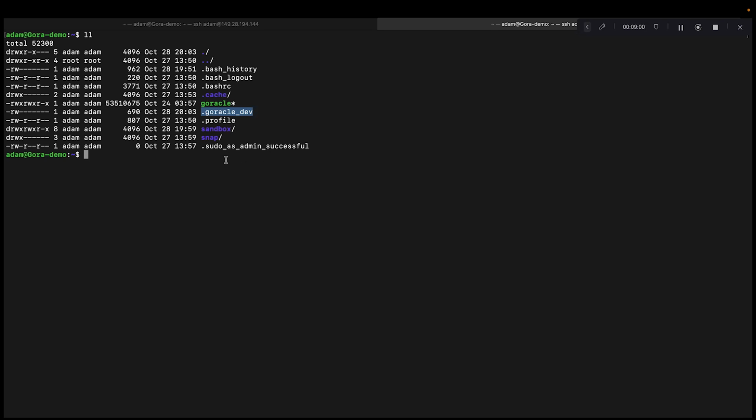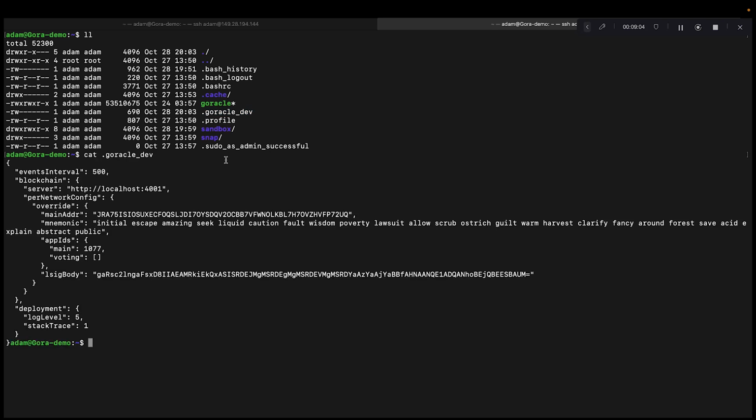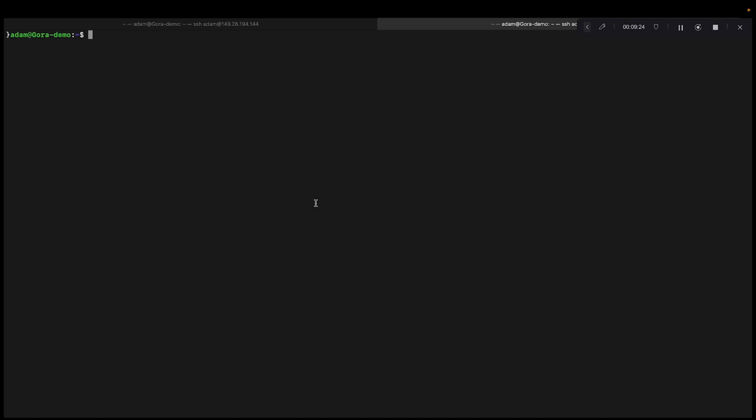This is your configuration file, and if we cat it, we see here it's a JSON file, and right here, this is our sandbox. So our Gora node is connected to our sandbox, as the network will sniff the Algorand blockchain for any data requests that need to be processed. So just wanted to cover that real quick, and we'll clear out.